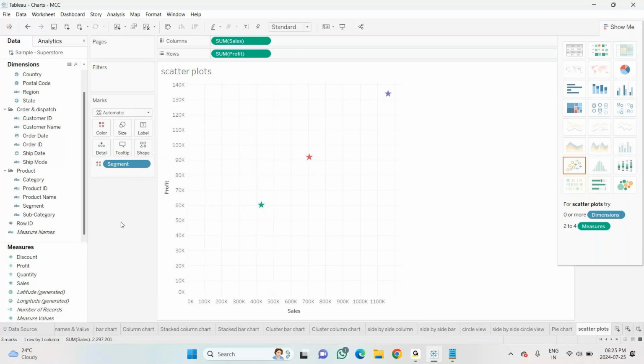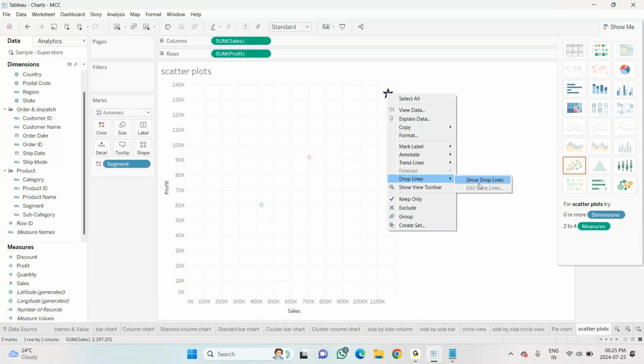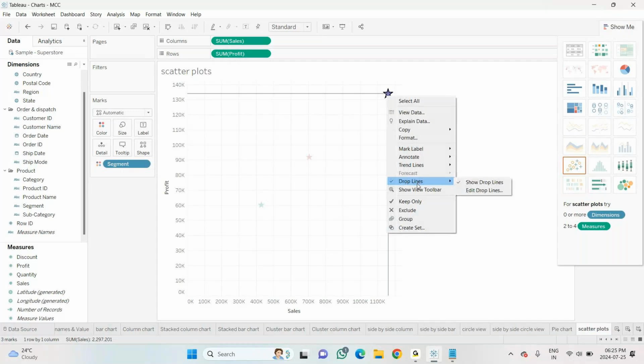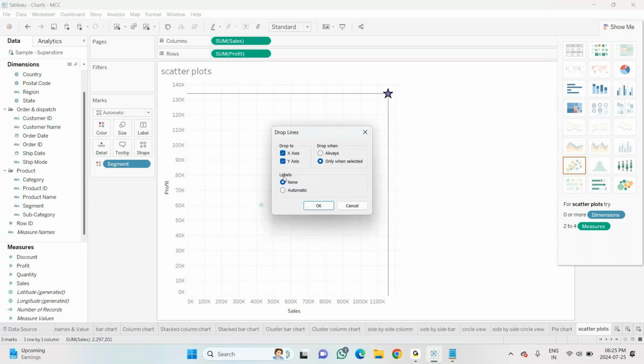Now next one, I want the drop lines, so go for drop lines. So show drop lines, this is it. In case you want to show this permanently, go for edit drop lines. I want this automatic and it has to display always. I'll click on this, okay.